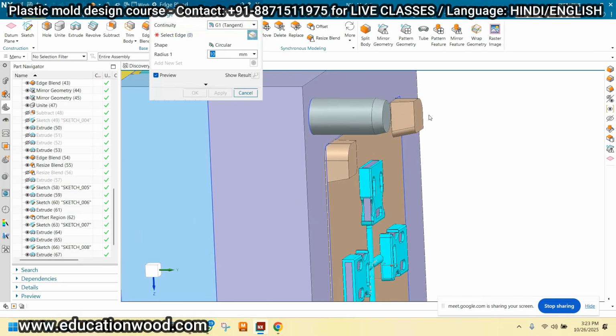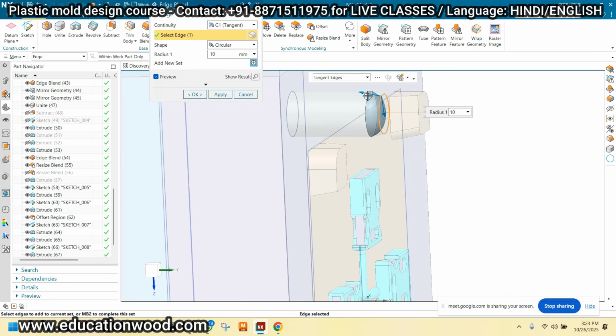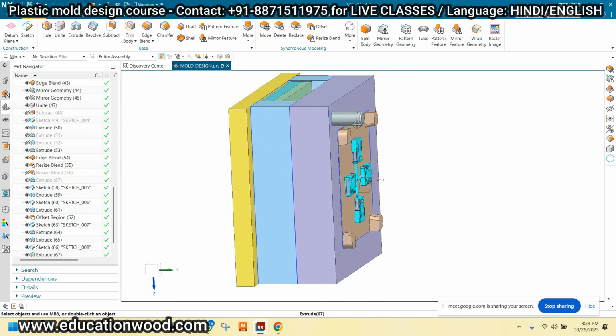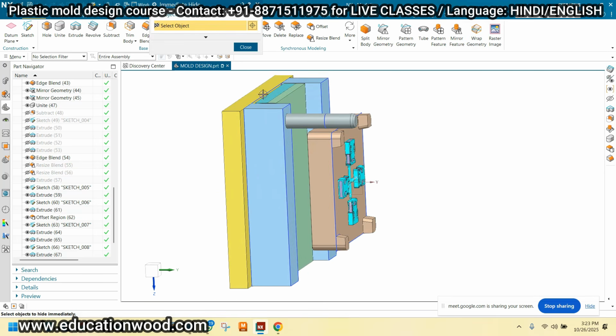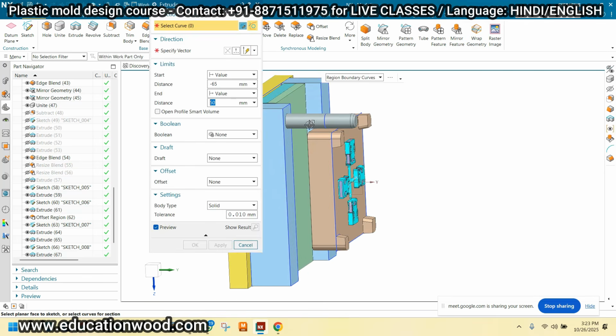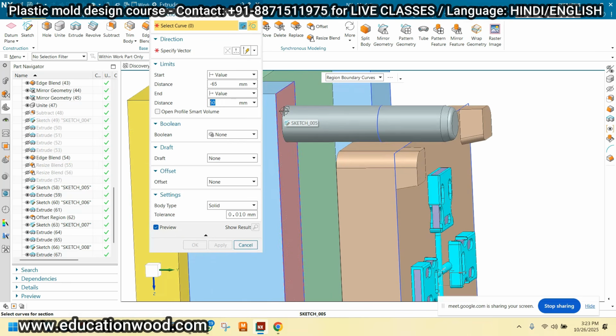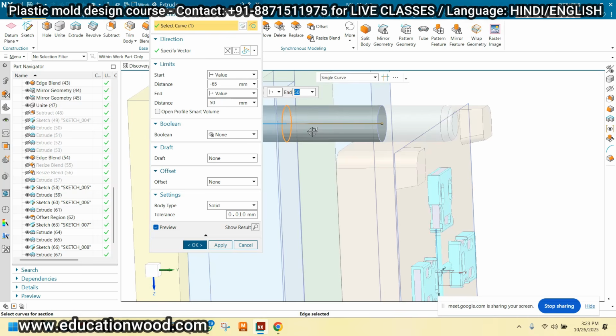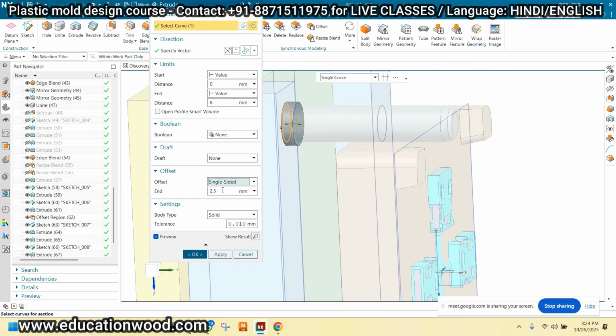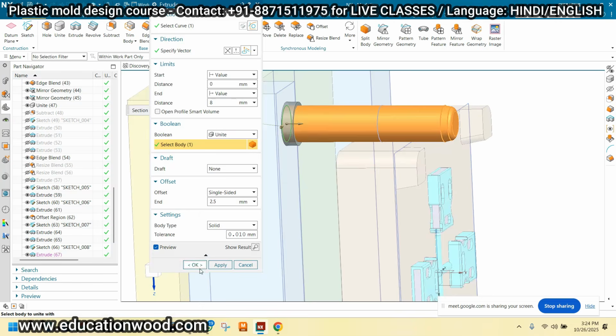See, this is the radius again. Take the radius like here and click OK. Just hide this one and take the standard color. I'm taking 6 color, or sometimes 8 color, depending upon the dimension or the standard, right? So I'm taking 2.5 offset per side and unite with this and just click OK.